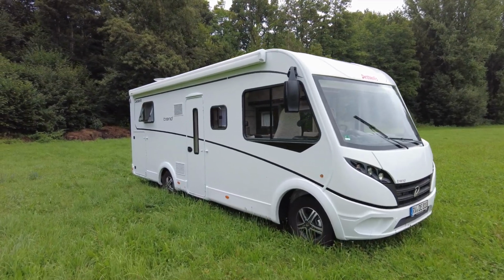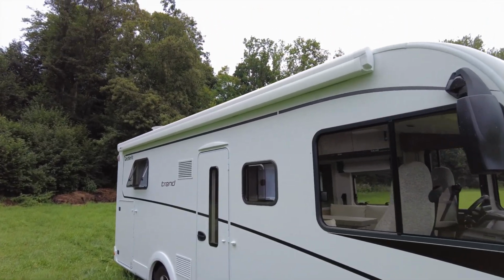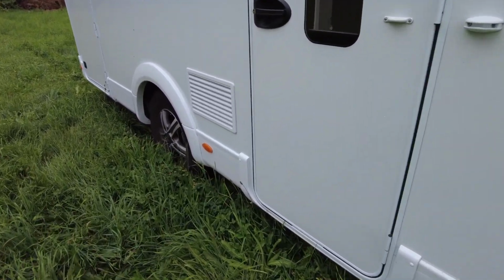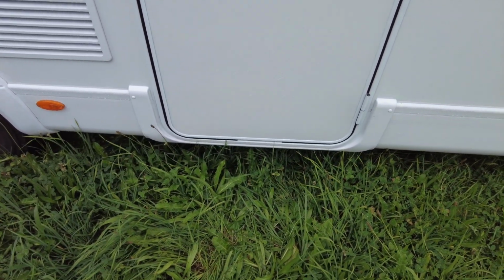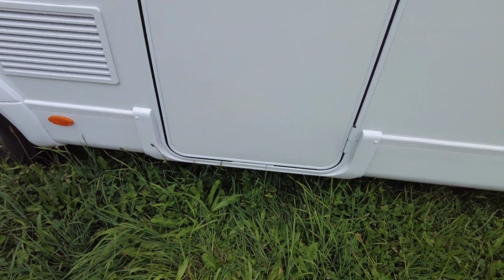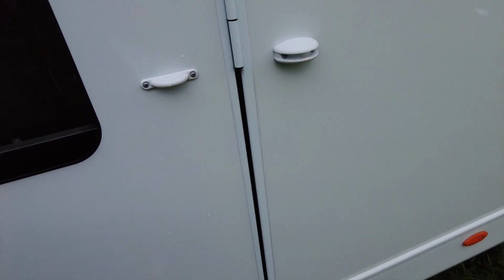So here we go, very handsome, very minimal exterior here. The Thule Omnistore pull-out canopy is an option. Now there is no fold-out step on this motorhome, and the height of the step here is 36 centimeters or 14 inches. I do not like these clips that hold the door back because they don't work very well at all in the wind,